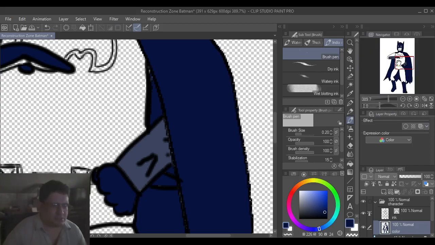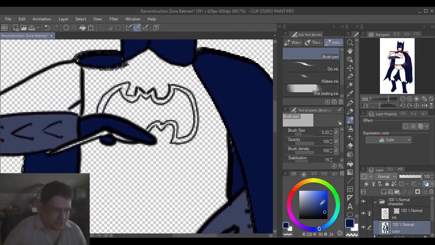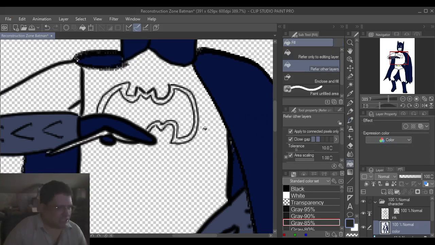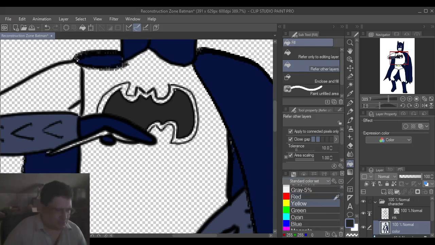I like to choose gray instead of completely black because the line art is usually all black, so this way it kind of stands out a bit more. And let's see here, I want to use this yellow,